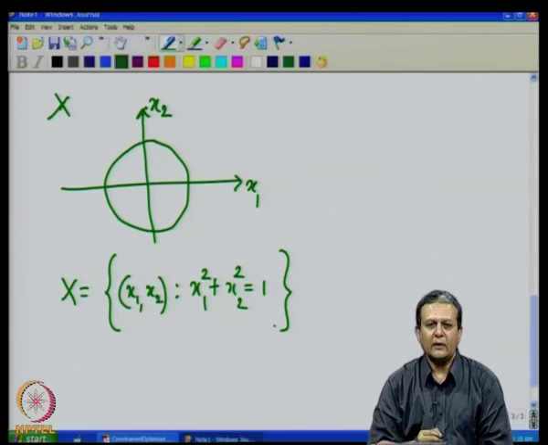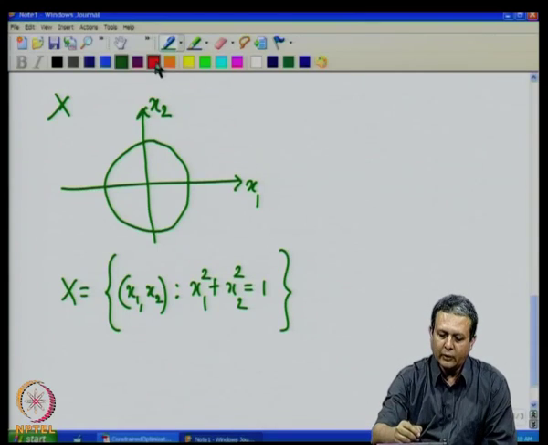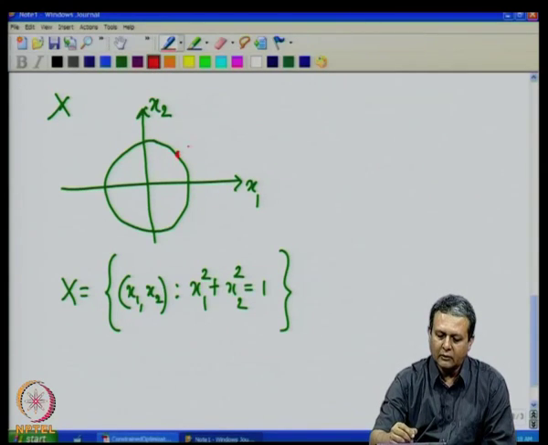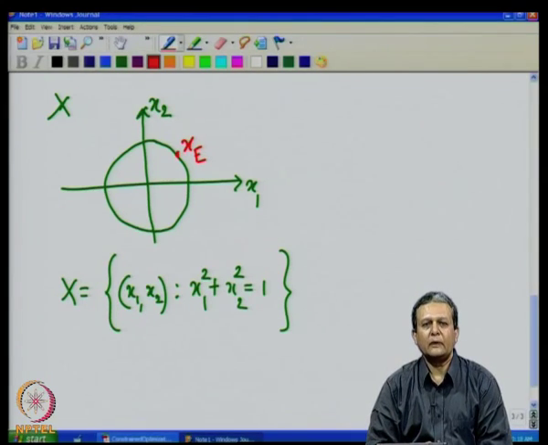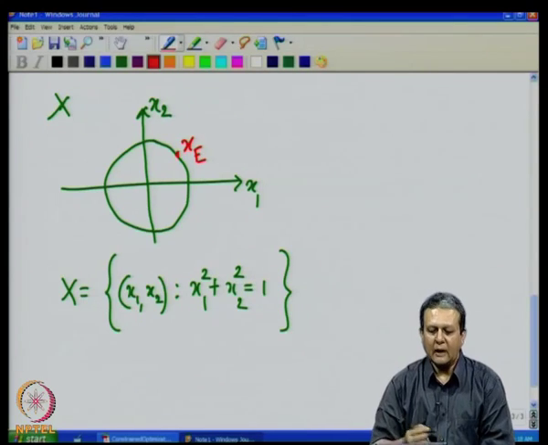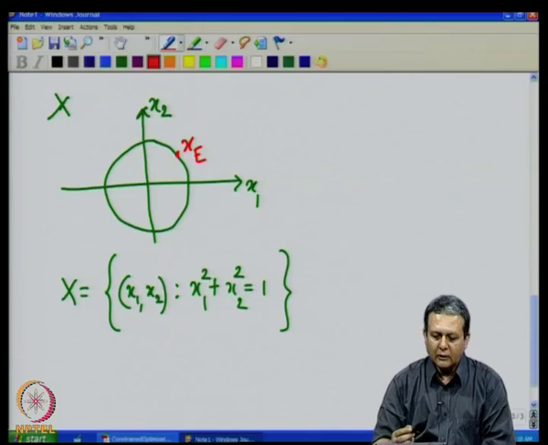This is a circle of radius 1 which is drawn here, and so let us take a point. Let us call this point x e, and now suppose we want to find out what are the feasible directions at x e which belongs to the set X. Then you will see that